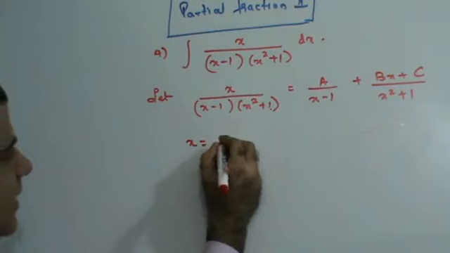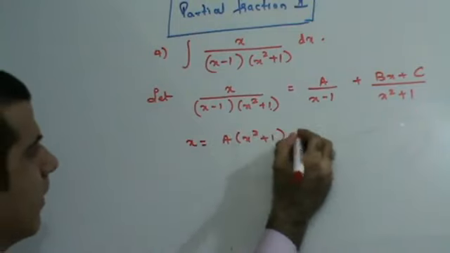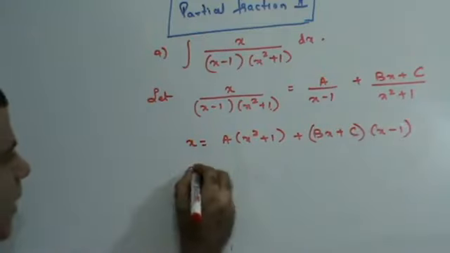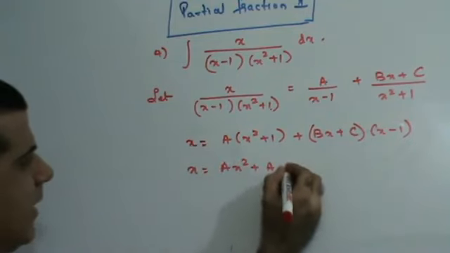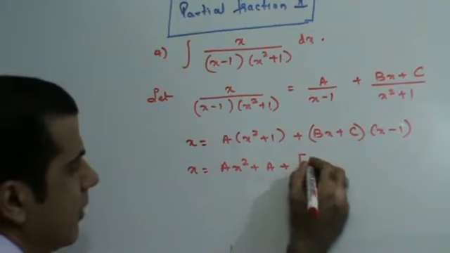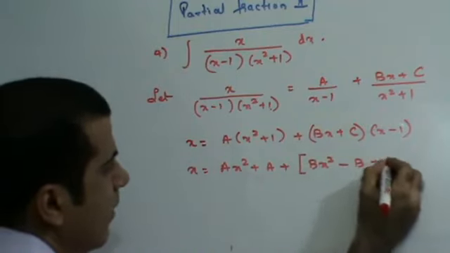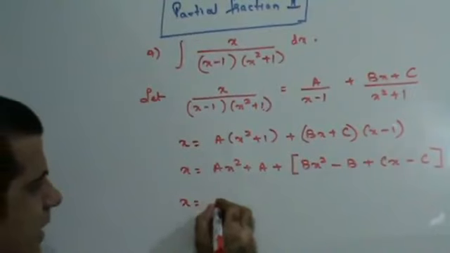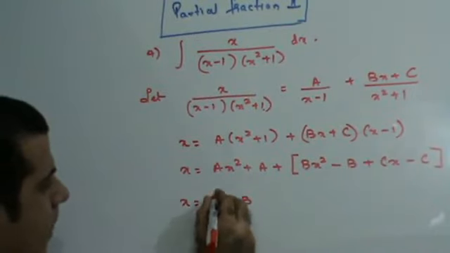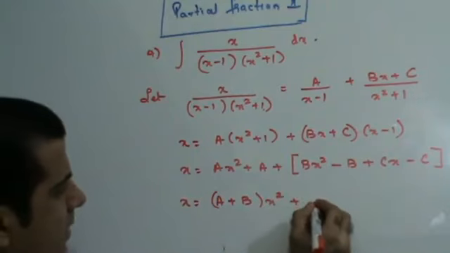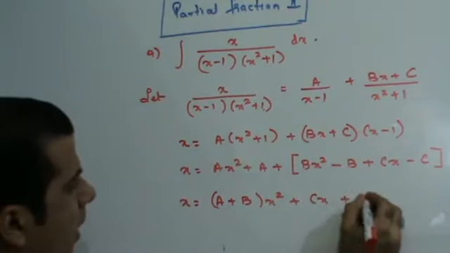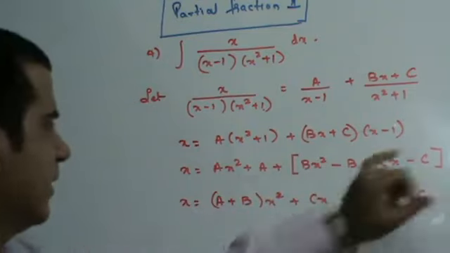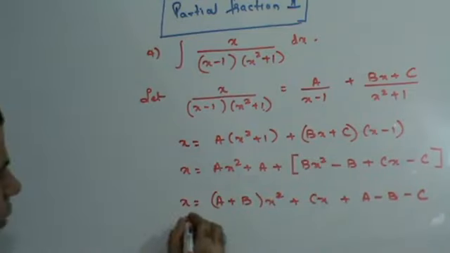Now let's continue ahead. This is x equals LCM: A(x square plus 1) plus (Bx plus C) into (x minus 1). x equals Ax square plus A plus expansion: Bx square minus B plus Cx minus C. Get like terms together. x is equal to (A plus B)x square plus Cx plus A minus B minus C. So I got the like terms together. Equate